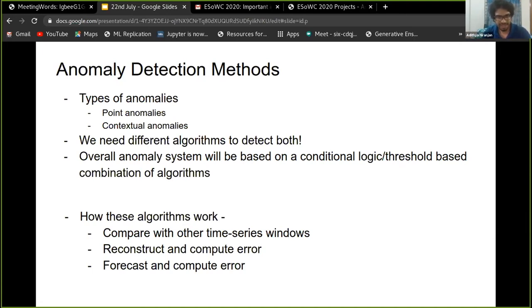The third thing we try is predicting the expected pattern based on previous window information. In this case, we just forecast what's going to happen for the current duration. And if it does not correspond to what we forecasted, then we can have an idea of how anomalous it is. For all of these, we use both statistical models as well as standard machine learning and deep learning models. In deep learning, we stick to mostly LSTMs and combine them with the ideas of VAEs and GANs.